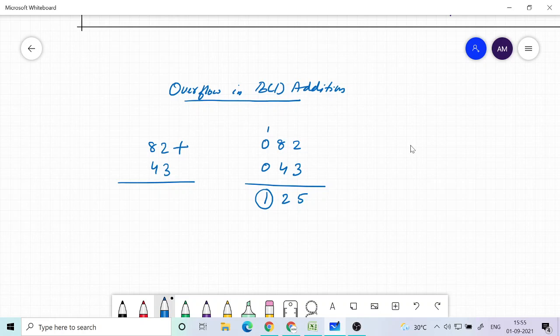But 125 is not an accepted number, because the accepted number should have either 0 here or 9 here. These are the two cases that are accepted. But now we have 1 in the sign position. So this is a case of overflow.